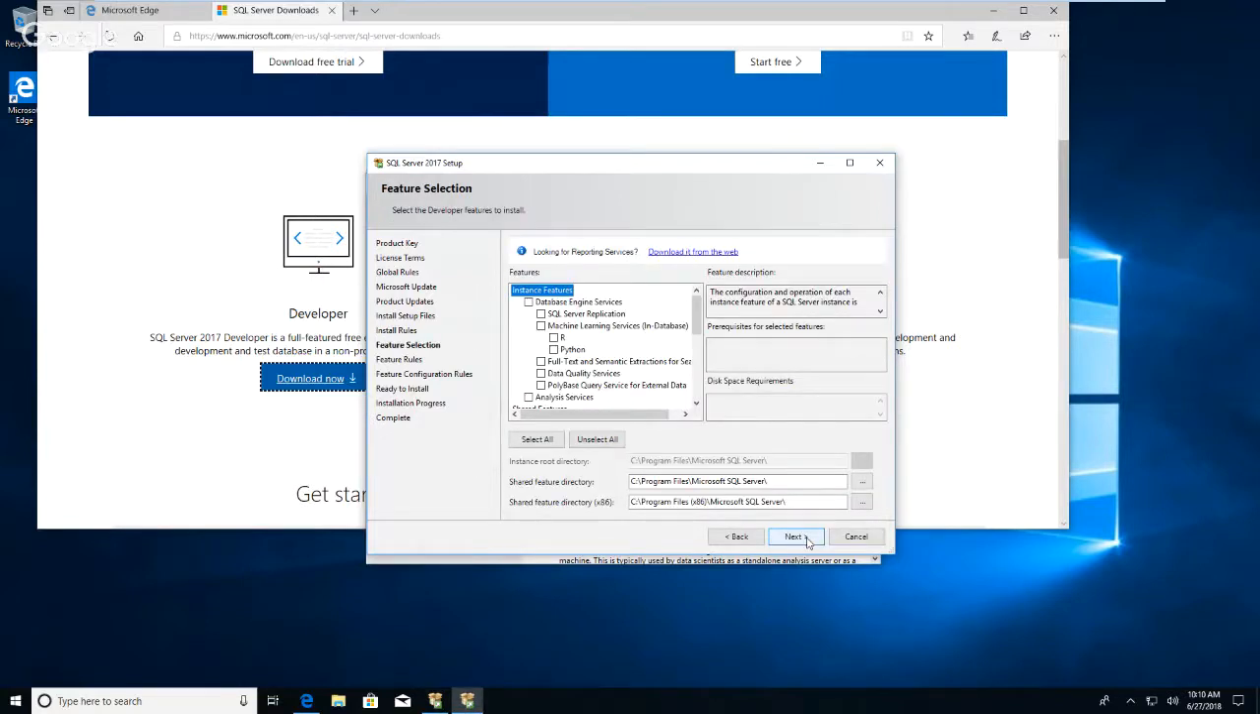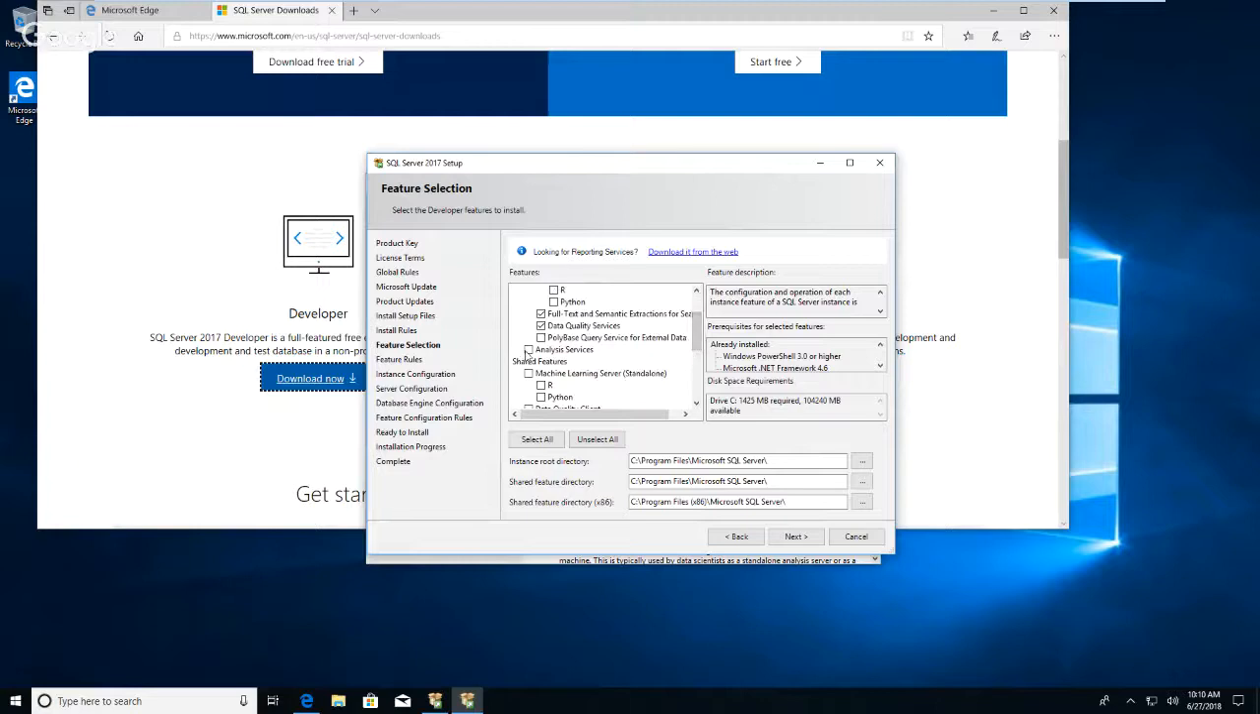And this is where we choose the features that we want. We definitely want the database engine. I'm going to put replication in there. In the lab, R and Python did not work, but we do want full text and data quality services. So we don't want the polybase because that will fail. We do want the analysis services,